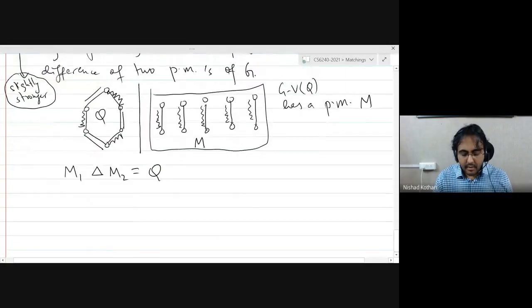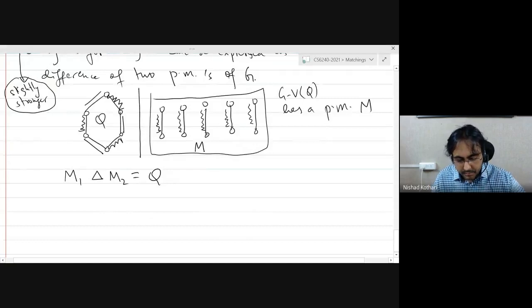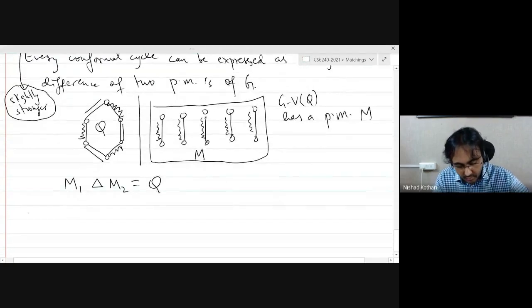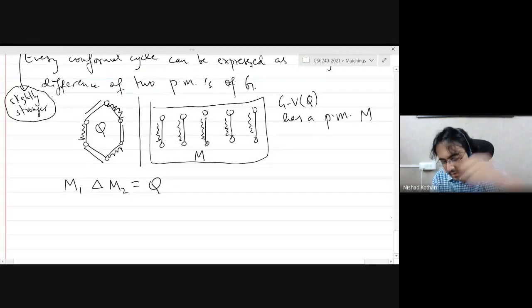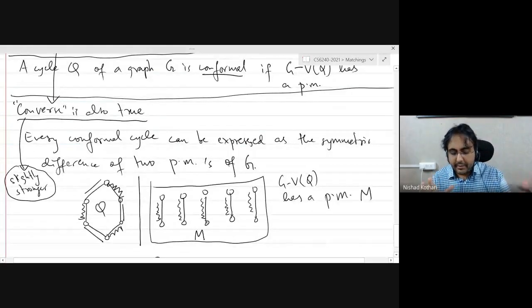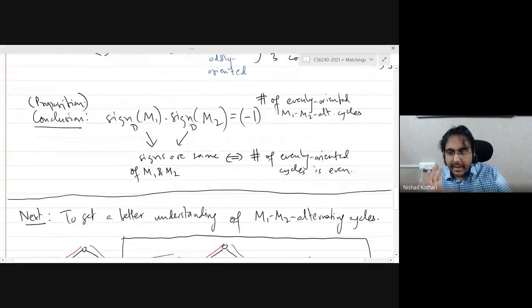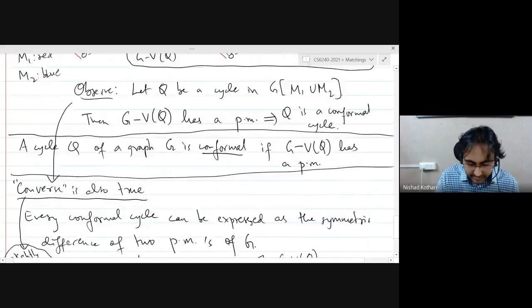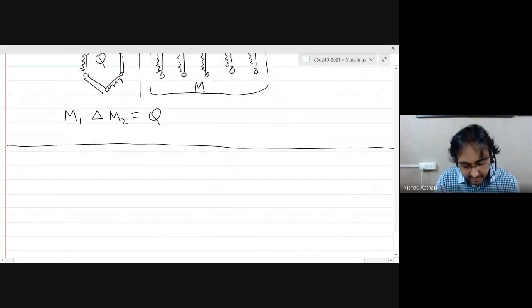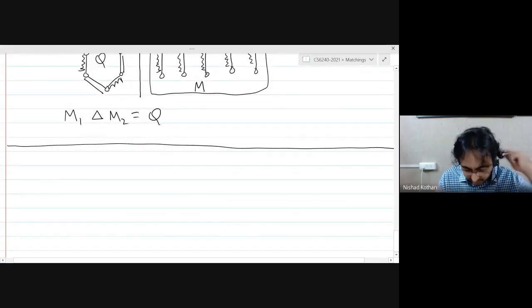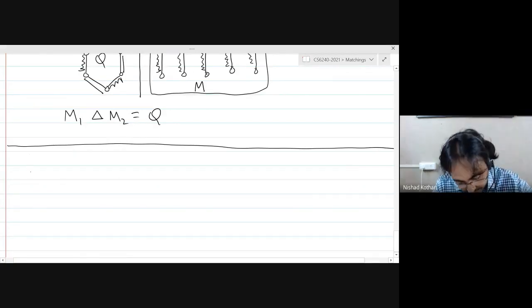Okay. So great. So now we have this new notion of conformal cycles. And it turns out that using our previous proposition, we can actually get an equivalent definition of Pfaffian orientations based on conformal cycles. And I will just tell you what the definition is, and I will let you think about it and give you a more rigorous explanation in the next lecture.